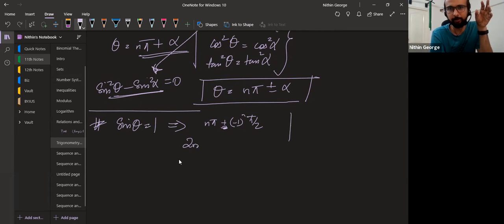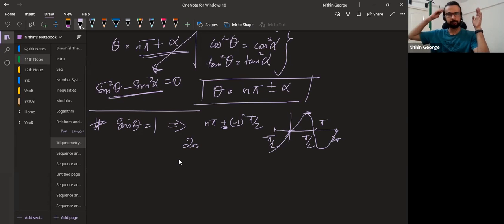So sine theta is equal to 1 between minus pi by 2 and 2 pi. I'm putting 2 pi here also, so that we'll travel properly. This is pi, and then 2 pi. So sine theta equal to 1, you can see it happens only once here. Between 0 and 2 pi, that's the entire repeating unit. You can see it happens only once here.